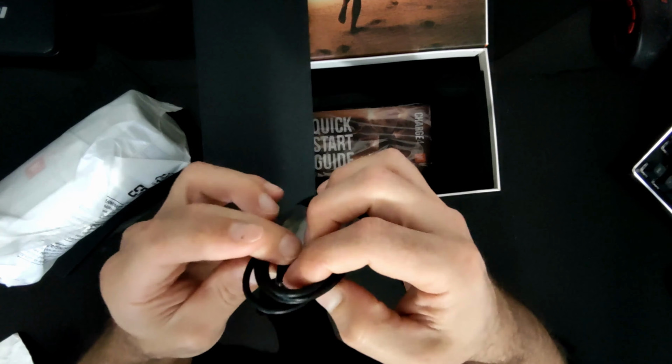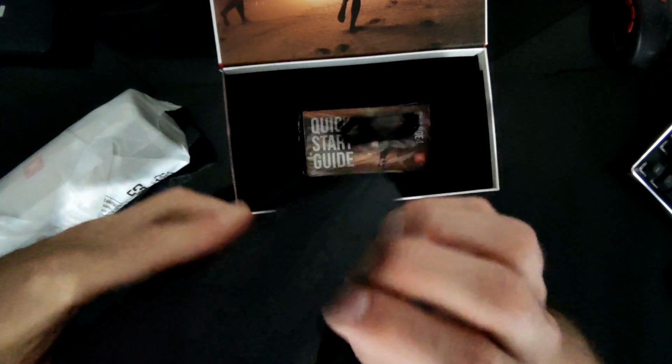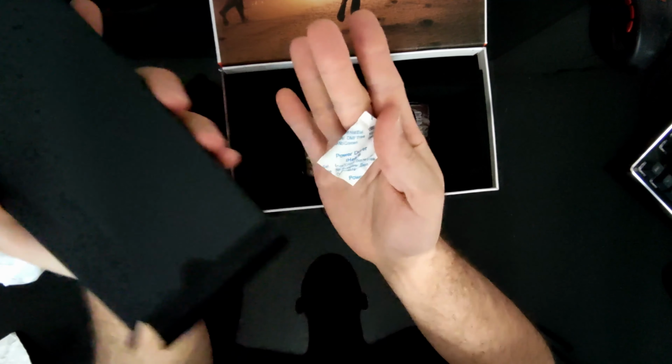You don't need to go through it, like every USB connection has three sides. Not that side, not that side. Oh yeah, it was that side. Just a power adapter, and that's it pretty much. Nothing else here. Okay, so the cable,